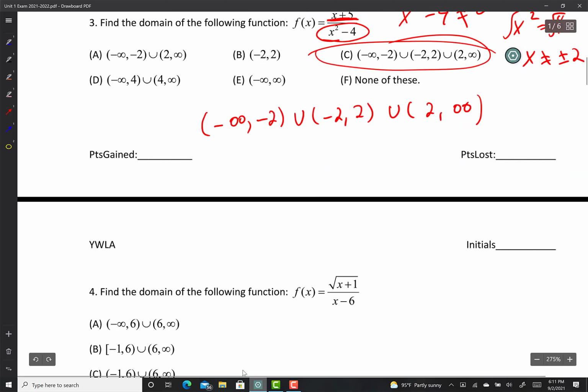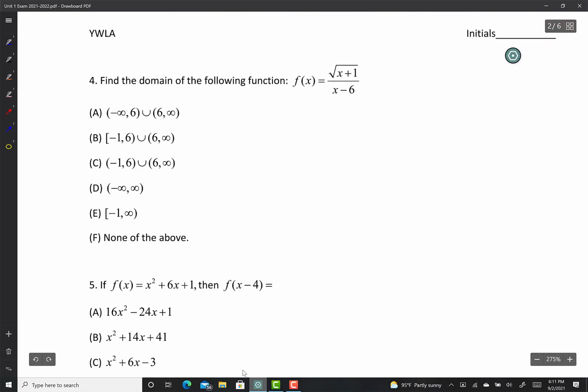All right, let's go to the next one, guys. So this one wants the domain, and notice that I do have a radical on the top. Now, remember from your Algebra 1 or Algebra 2 class for parent functions, the domain of a square root function is all numbers larger than or equal to 0. That's because in the expression in here, that's the parent function, right? Y equals square root of x. The expression x plus 1